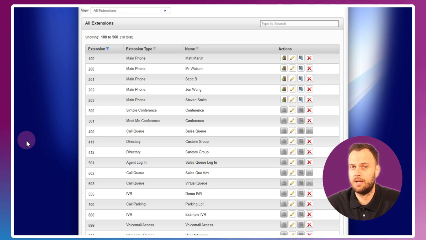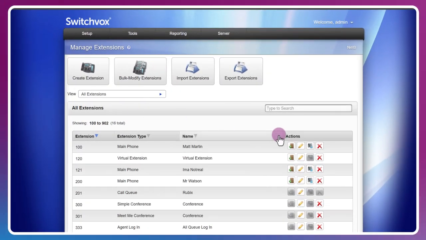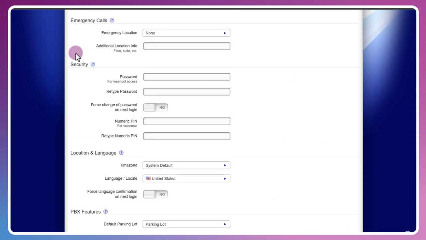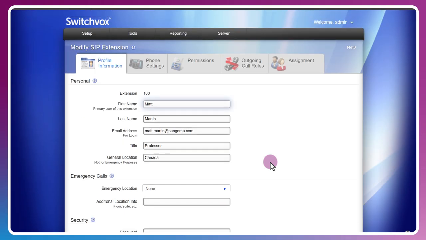The system will automatically recognize the user's extension when they call, so there's no need to enter it, only the PIN is needed. Speaking of PIN, I'll just briefly mention where we can find those. Under the user extension, go ahead and modify, and if we scroll down to security, we'll have the numeric PIN for voicemail. We'll have to confirm that if you want to change the user's voicemail PIN at any time. And of course, that's set up at the time you're creating the extension, whether you're creating a single user from scratch or from a template.